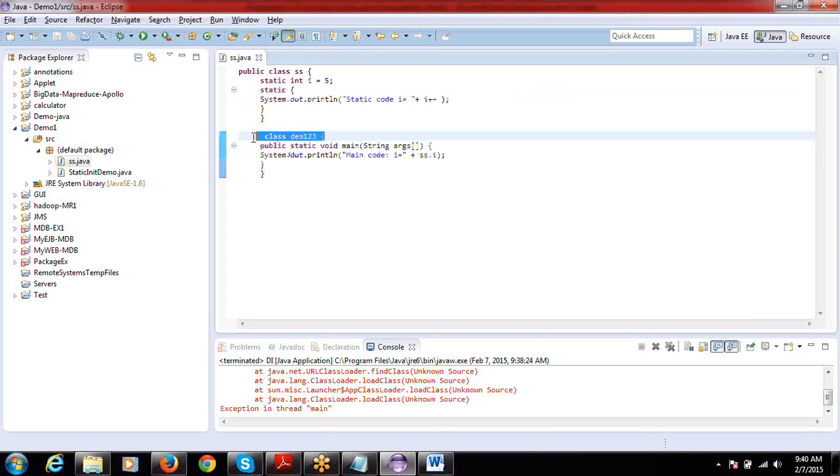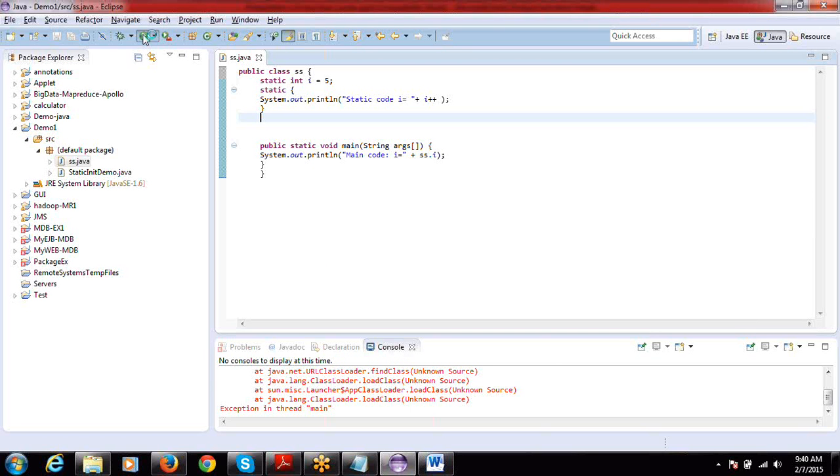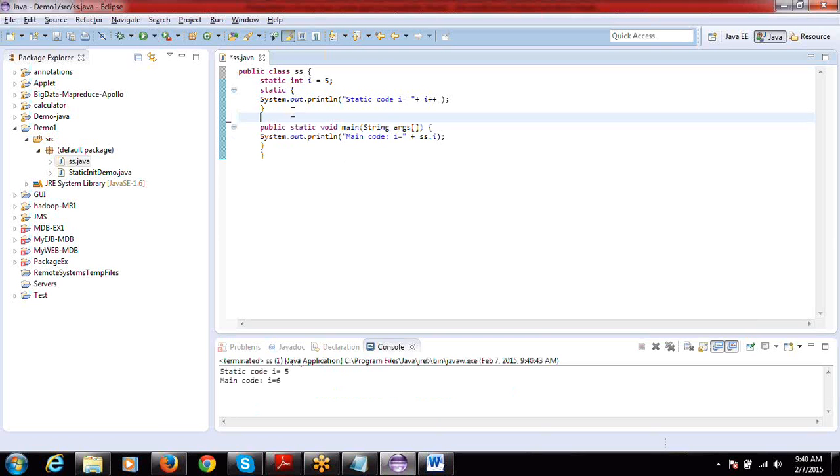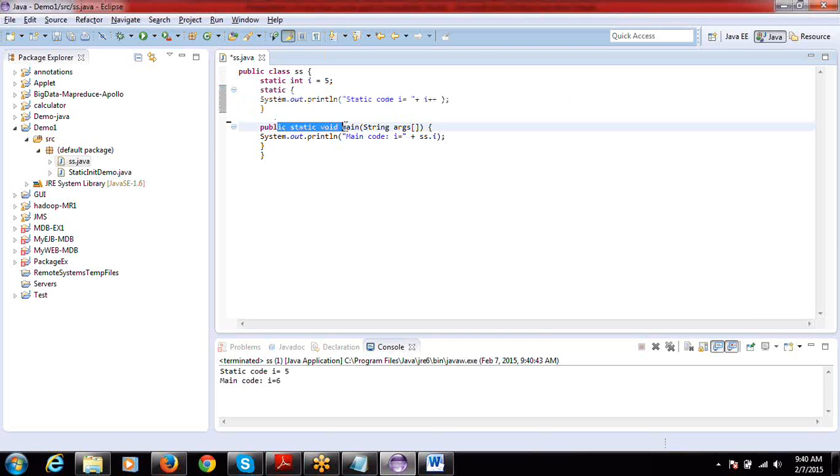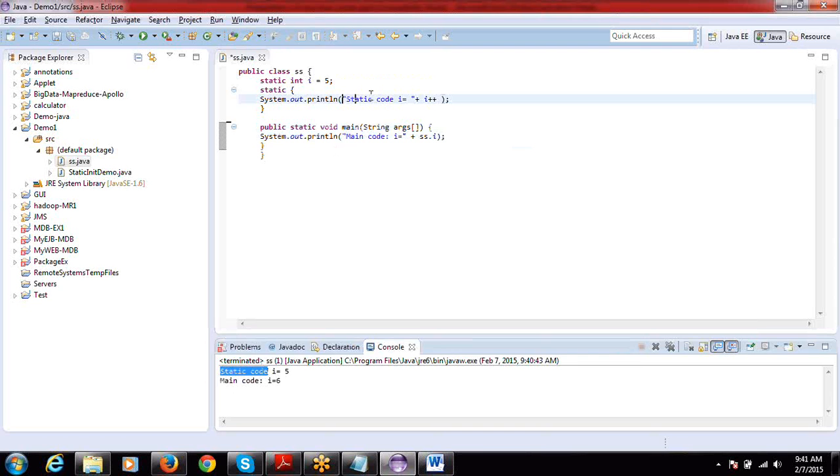So let me put it like this. I'll just delete this one. Let me put everything in a single class. Now I'm getting it. So now you can see this is my class. This is my static variable, static block I told, and this is my main function I told. Control is going to start from the main function as we know. So first what needs to be executed? This needs to be executed. But in the output you can observe I am getting